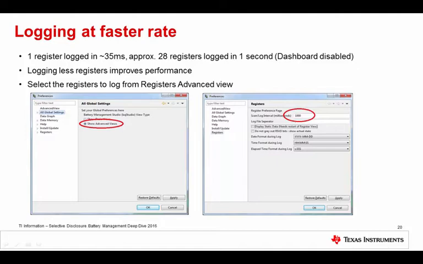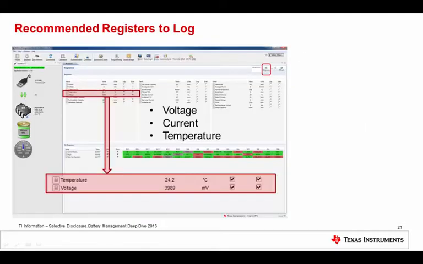That's not the default. But you can set this down reliably to 1,000 for many gauges if you eliminate all other COM activity by disabling the dashboard and whittling down the number of parameters. That allows you to do really high-resolution logs, as I said, for the critical parameters, like if you want to do temperature, voltage, and so on. You can see here in this example, all the other fields in advanced view have been unchecked.